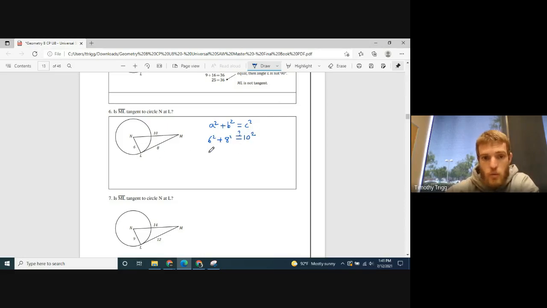So 6 squared, that means 6 times 6, that's 36. 8 squared, that's 64. And is this equal to 10 squared? Well, 10 squared is 100. So is this equal? I don't know. 36 plus 64, well, that is 100, isn't it? So this over here is 100, and that definitely does equal 100. I don't need to put a question mark because I know that's equal. So then therefore I could say, yes,